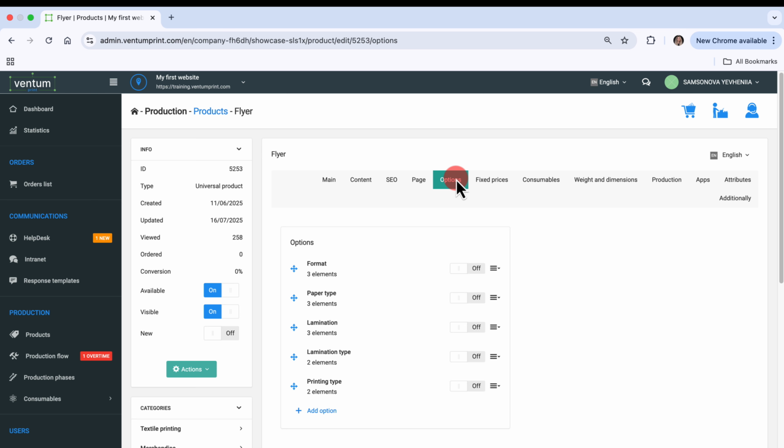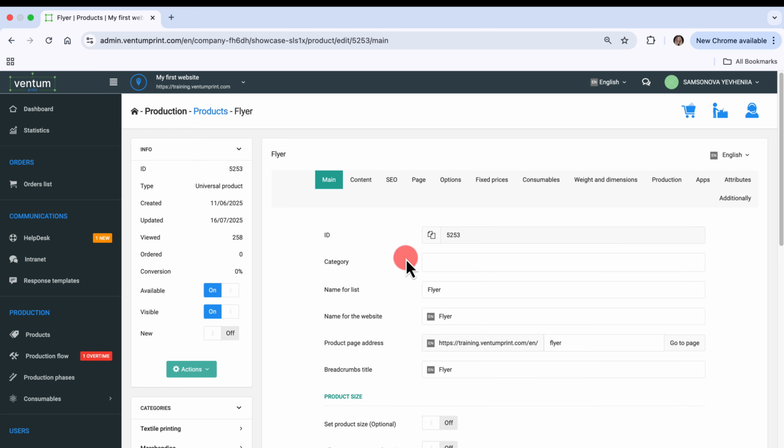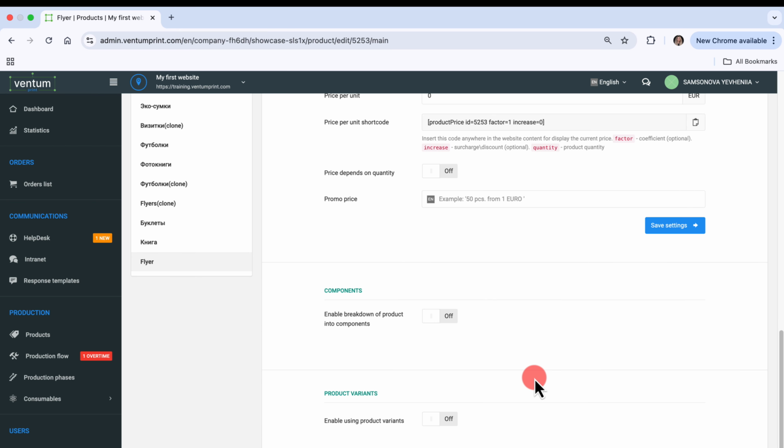For example, in a book, there may be a different number of pages in the block, and the cover may have different finishes, cloth-bound or a photo cover with lamination. If we create a lamination option using the standard method, it will by default be applied to the entire product. But what if we need to apply lamination only to the cover and set the number of pages for the internal block? For such tasks, Ventum Print provides the component functionality: constituent parts of the product, each of which can